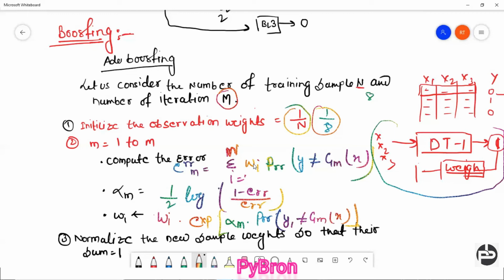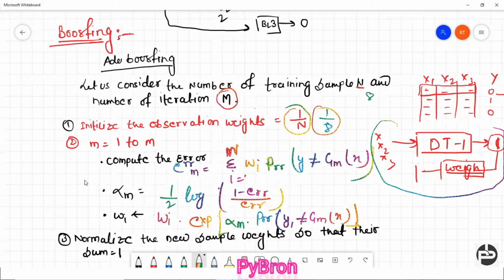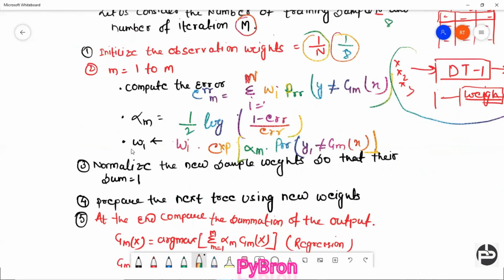Again, this formula you do not need to remember, no one is going to ask it. You only should know how the AdaBoost algorithm works, right? So we calculate the updated weight. Now my model is going to train not with the old weight, it will train with the updated weight, and again it will check the output. This iteration will run till m times, whatever m we are going to define.